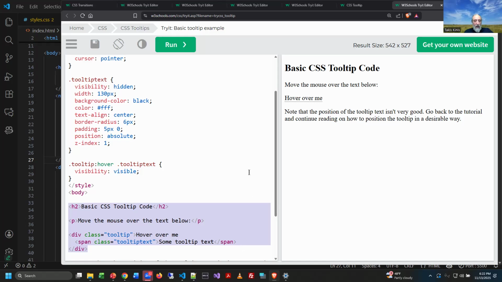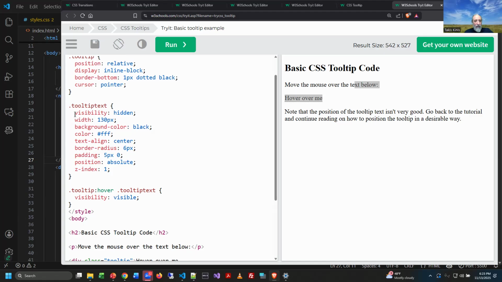And I want you to notice that when we look at the screen over here, I see the H2, that's this. I see the paragraph, that's this. And then I see this, which is, notice, a div. And then inside the div is a span tag that I'm not seeing right now. You guys catching that? So that span tag that's got a class of tooltip text, when I find its style,